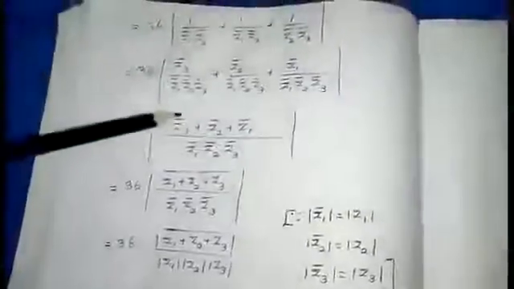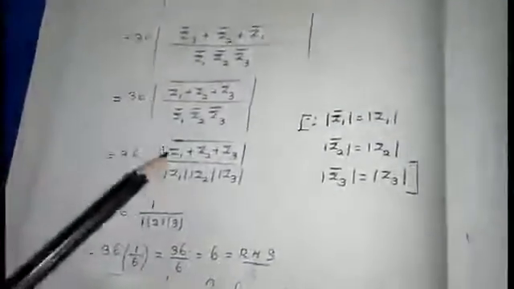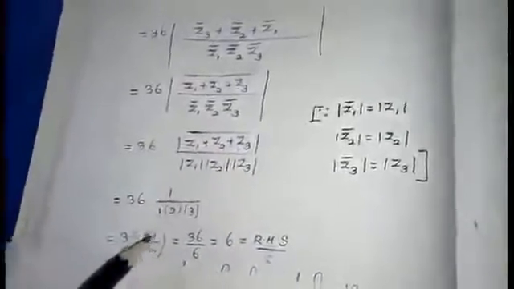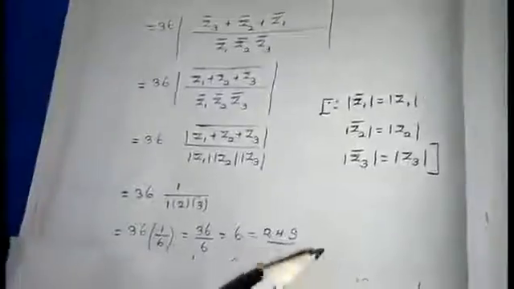After that, you are going to do the simplification. You are going to apply the properties. After applying the property, I am going to substitute the value which is given in your question, that is, modulus of Z1 plus Z2 plus Z3 equal to 1 and the respective values. Finally, you will get the answer as 6, which is the required answer on your right hand side part.